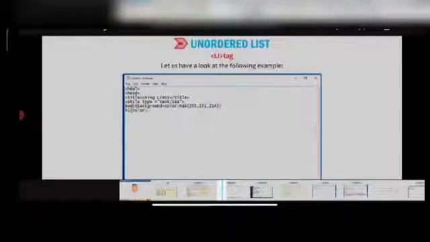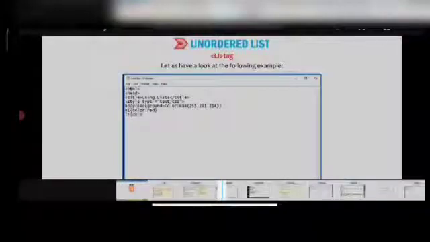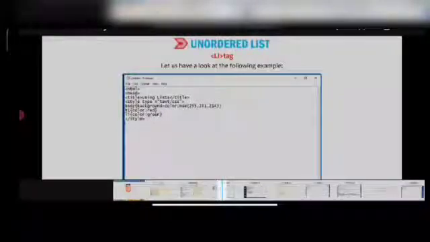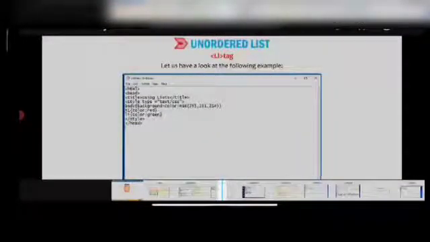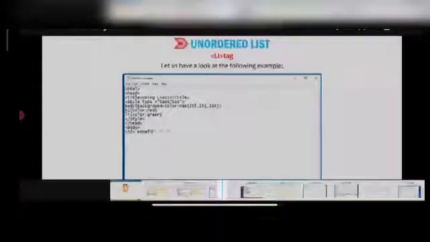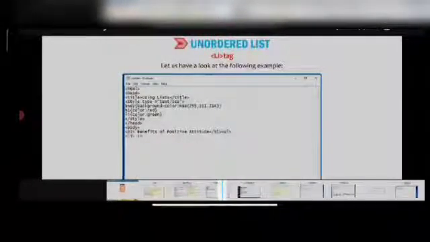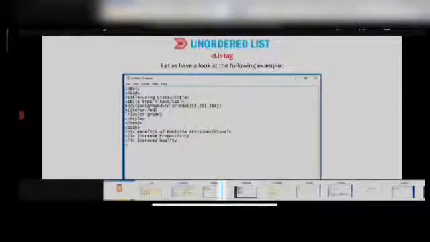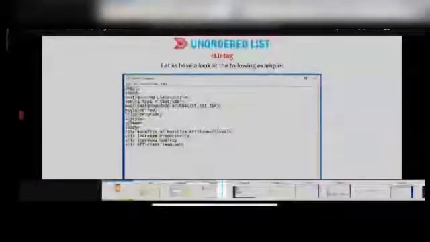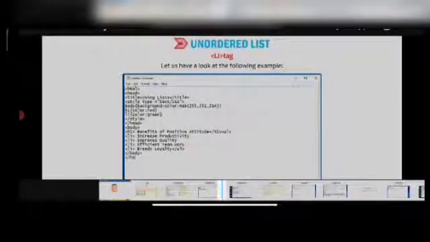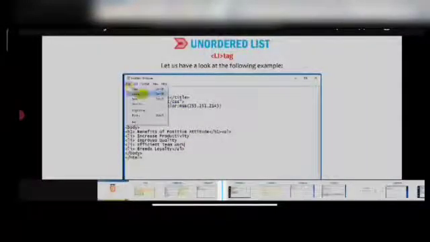H1 color red, LI color green, style, head, body. H1: benefits of positive attitude, H1 closing. UL, LI increase productivity, LI improves quality, LI efficient teamwork, LI breeds loyalty, and then close UL, close body and close HTML.